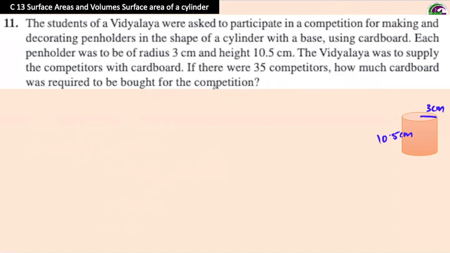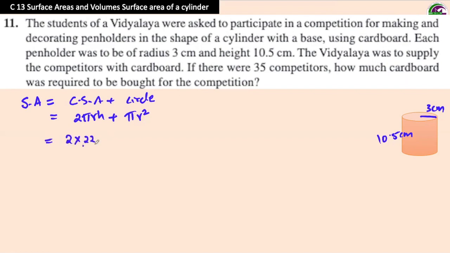Remember, the pen case or pencil case will be open at the top. So we have to consider the surface area needed will be curved surface area plus one circle at the base, which is equal to 2 pi r h plus pi r square. This will be the area of one pencil case. Such 35 cases are to be made, so we will see, which is equal to 2 times 22 by 7 times the radius is 3 times height is 10.5 plus 22 by 7 times 3 times 3, which will be equal to,